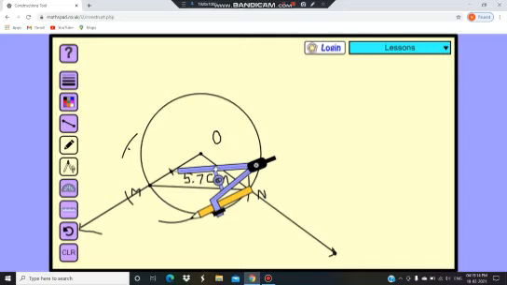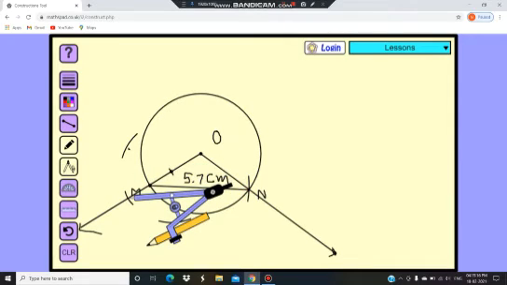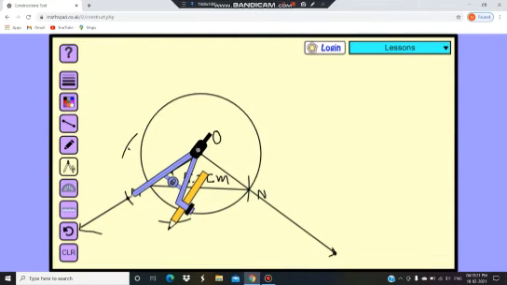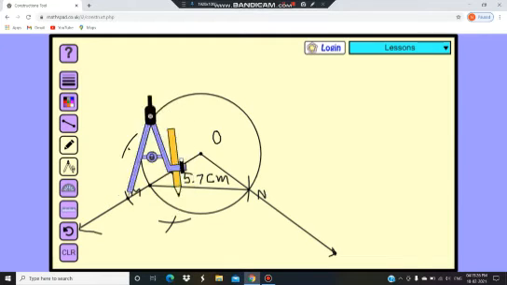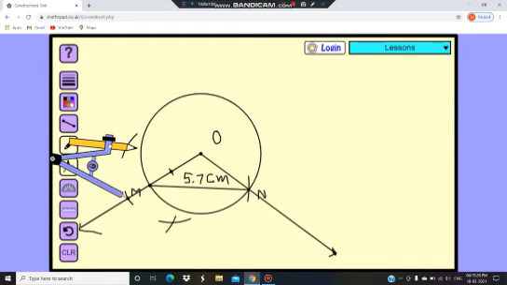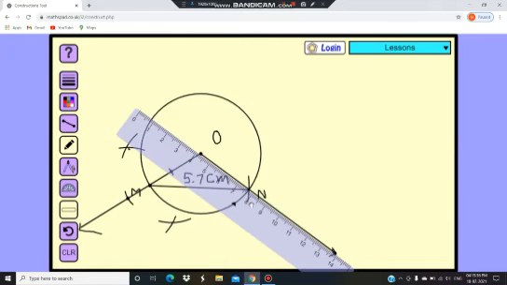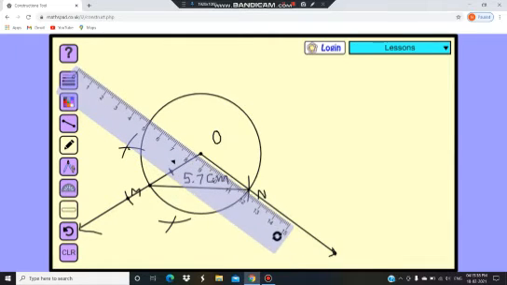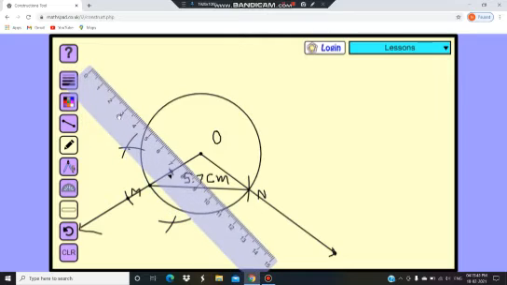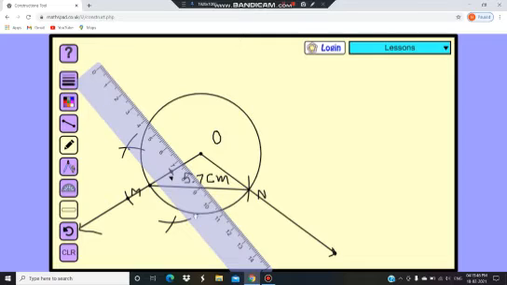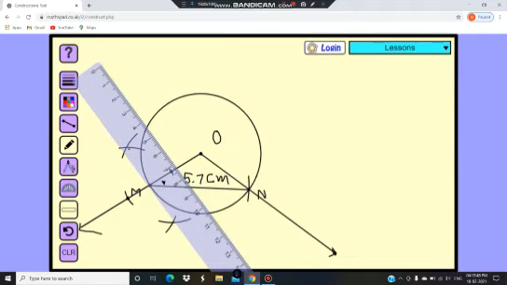Okay, now where will we keep the pointer? On this second intersecting arc, and with the same distance we have to draw the intersecting arc to these previous two arcs. Okay, so now the downward side is drawn, now draw it on the upward side. Okay, now take a scale. With the scale we have to pass a line through these intersecting arcs, and it will automatically pass through these two arcs and through the M also.